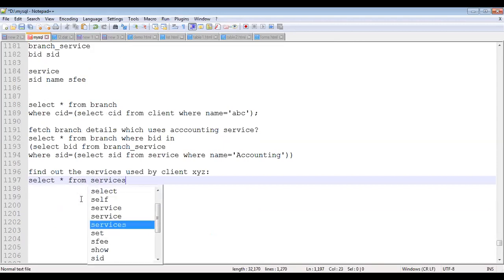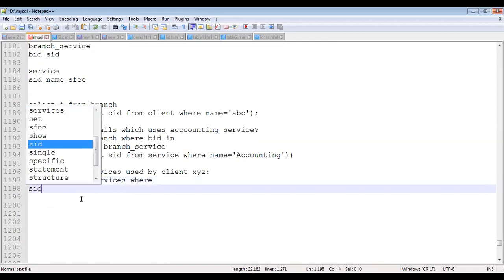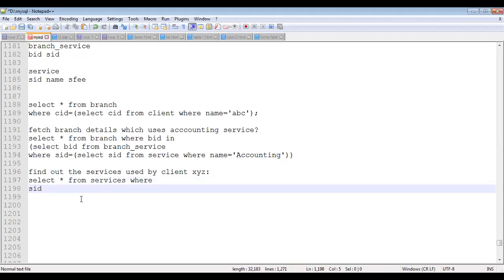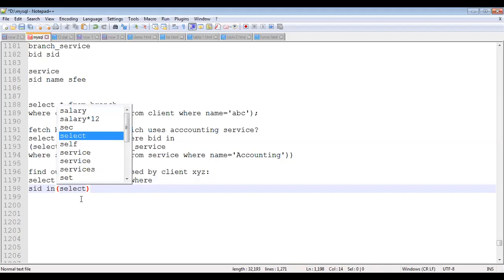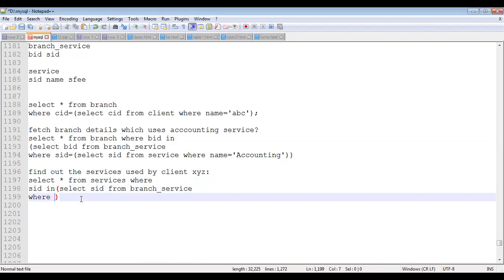So suppose select star from services where SID, here we have to use in. Now we have to write in everywhere, because there are chances that there can be multiple service IDs. So select SID from, now you have to write branch_service again where BID in